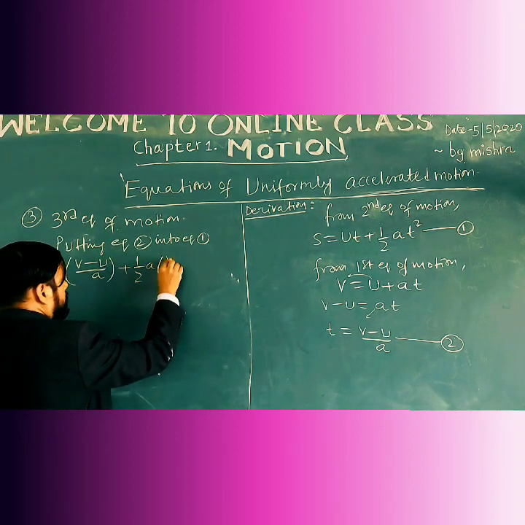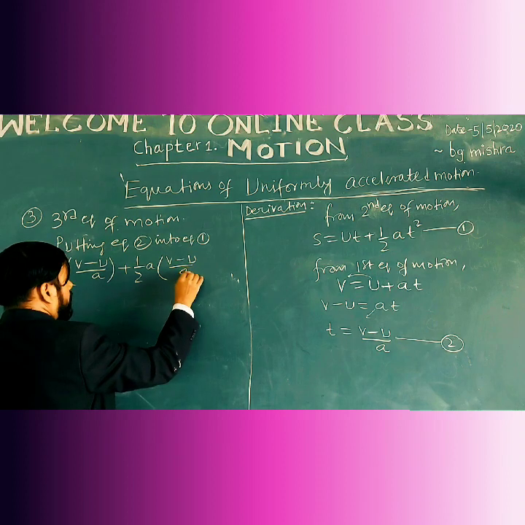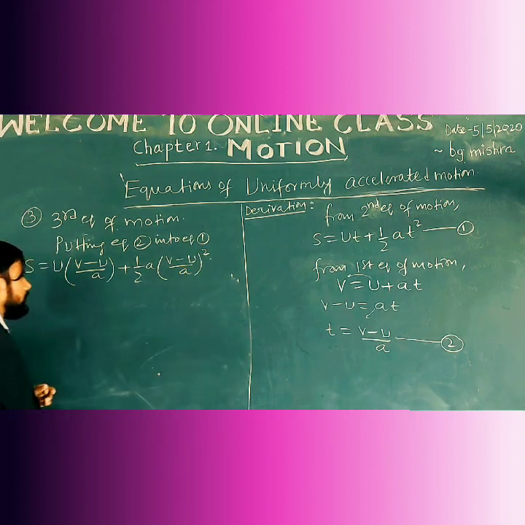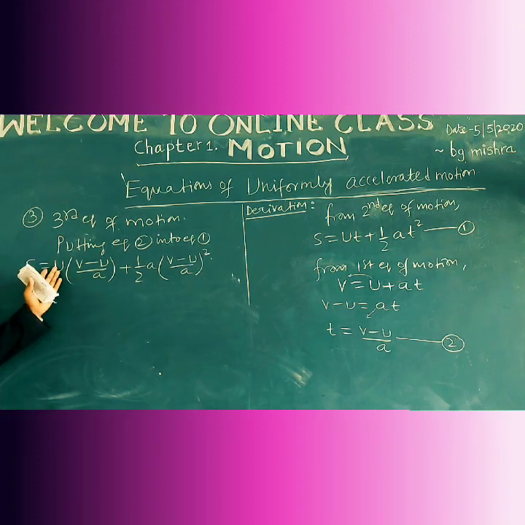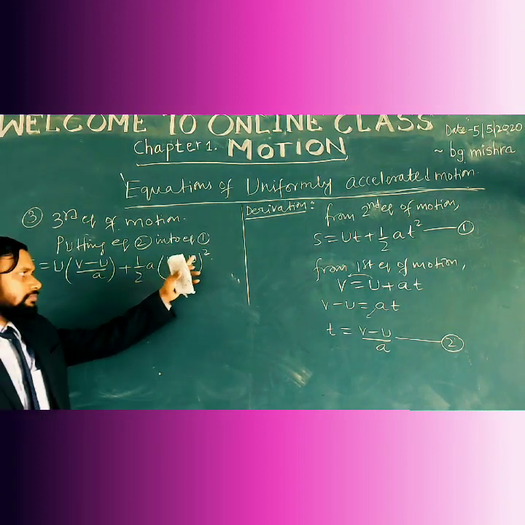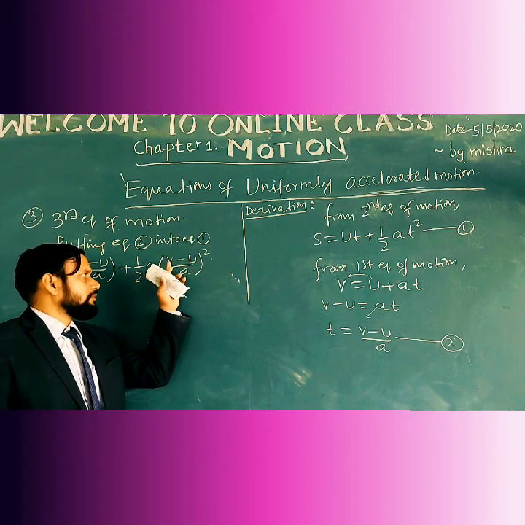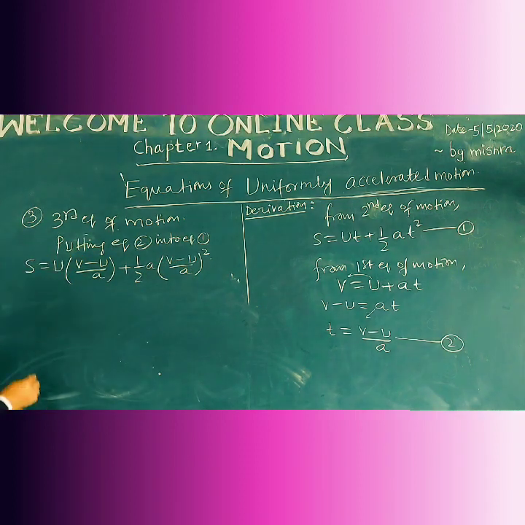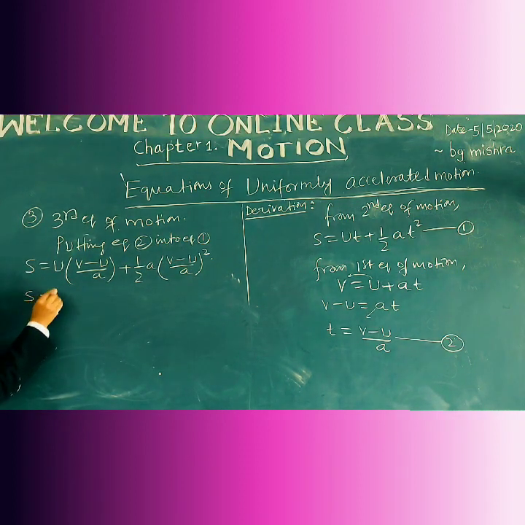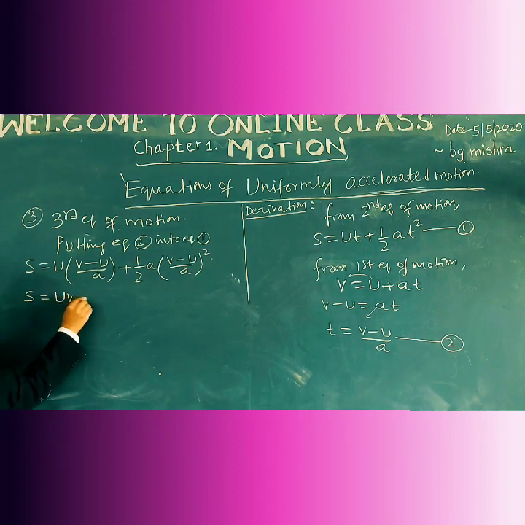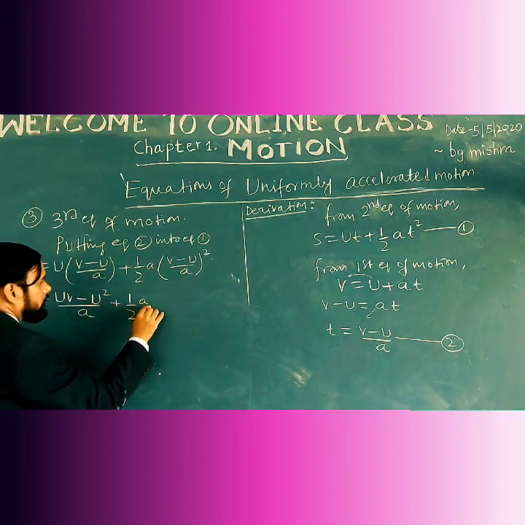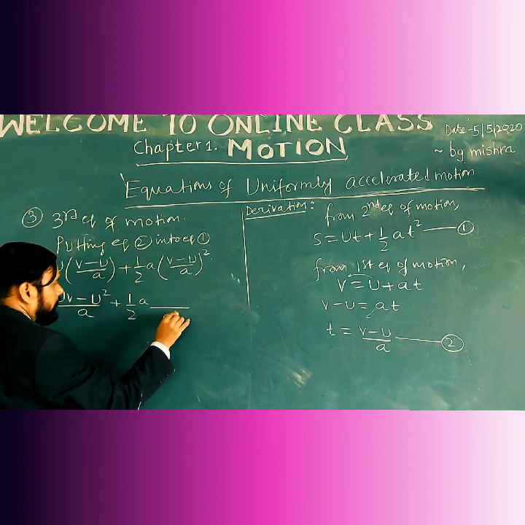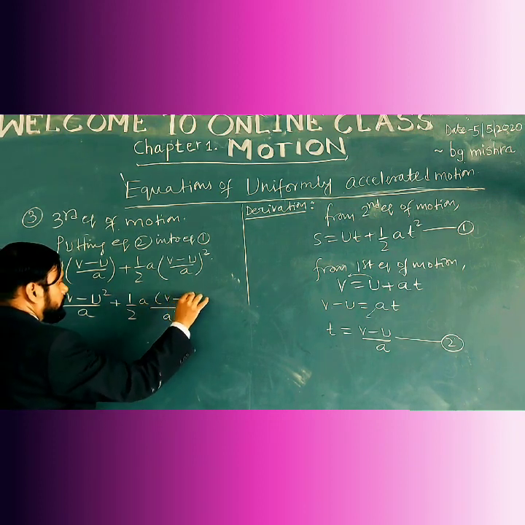T square means V minus U upon A whole square. Now we will take the square of this V minus U whole square. So S equals how much? U into V minus U upon A plus 1 upon 2 this A into V minus U whole